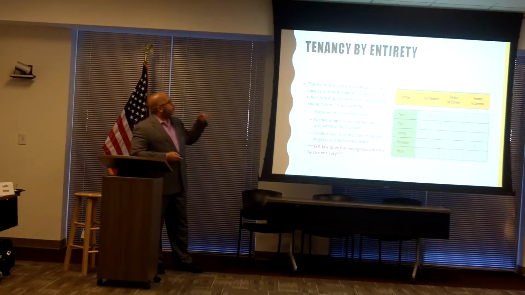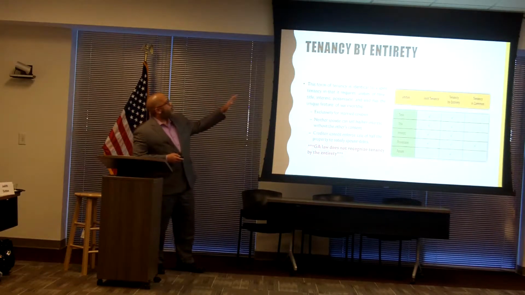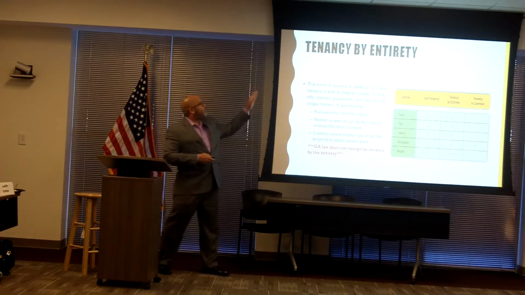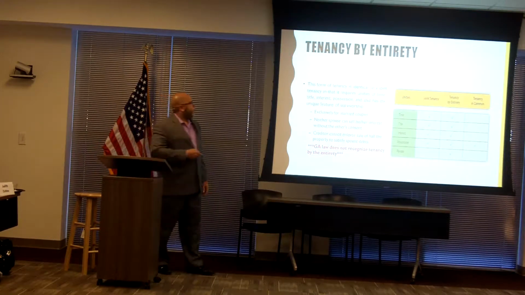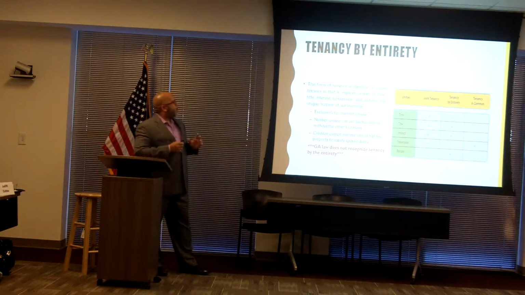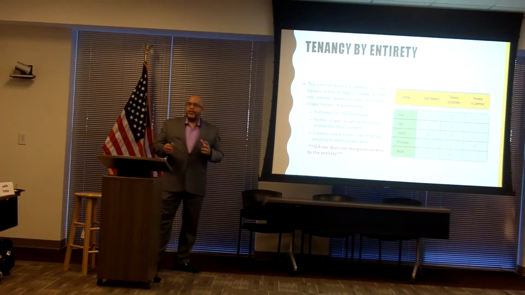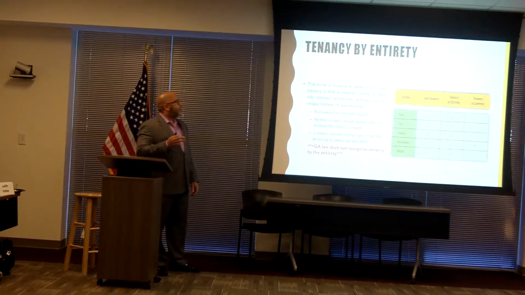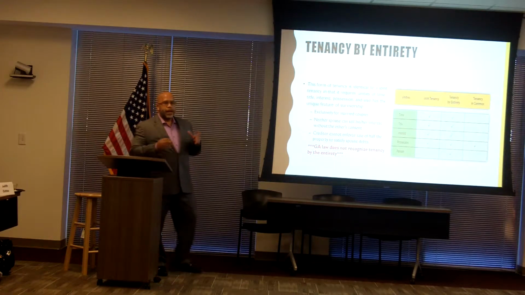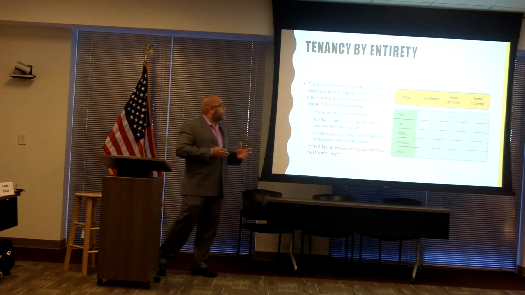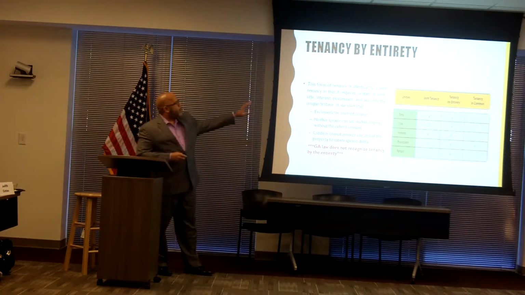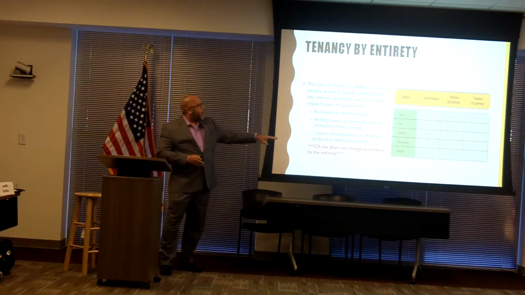So on this slide, I just want to go over again, and I do have another typo I noticed. It's tenancy by the entirety. But with tenancy by the entirety, one key distinction is that it's reserved for married couples. I do remember earlier we had a similar presentation that covered this as well. But I did want to show you, I have the graph here that makes it easy for you to compare and contrast